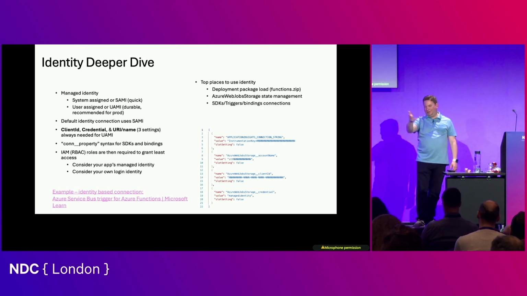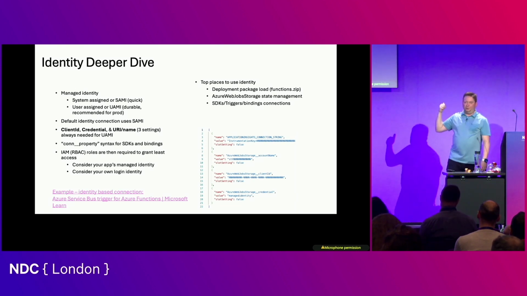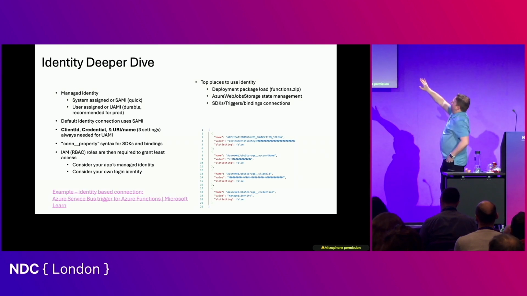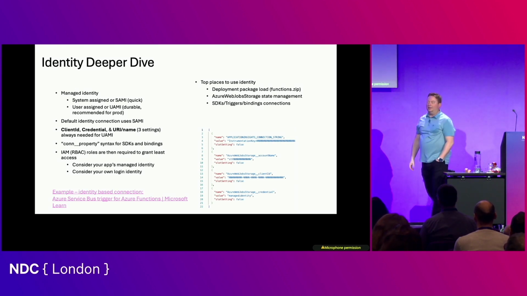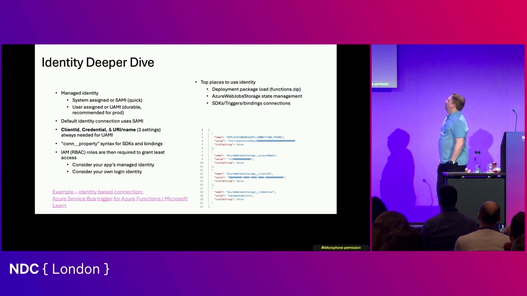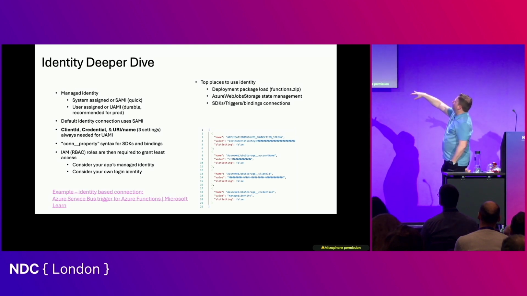And maybe you've seen this. I see a couple heads nodding. You'll get in this awful state where you're in a continuous crash loop because your app is trying to deal with its own internal state management and it can't reach it. It can't access it. So we have to think about that Azure Web Job Storage for web apps and functions that are stateful. And even functions, if you think they're stateless, they're still stateful. They always need it. Also web jobs, those all need it. So we're going to set that Azure Web Job Storage and we're going to follow these principles.